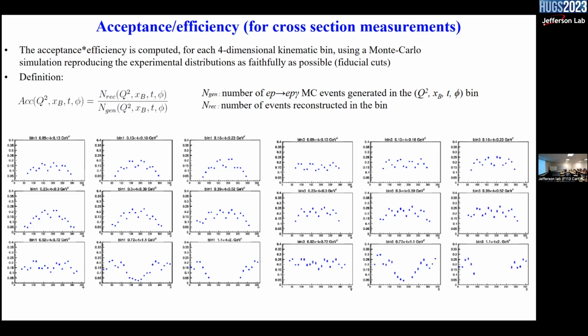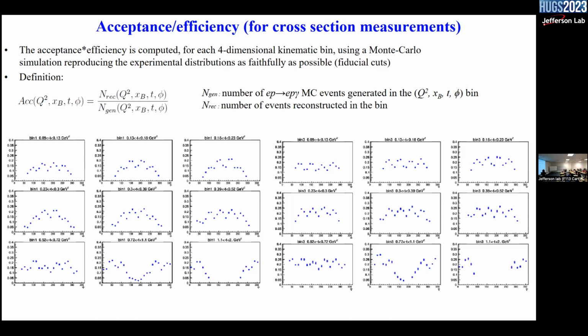The reason we do it bin by bin is that there is a lot of variation in the acceptance depending on the kinematics. If you did that integrated, you would make a huge approximation and error on the evaluation of the final cross-section. So you see the average is about 15% for the DVCS acceptance,